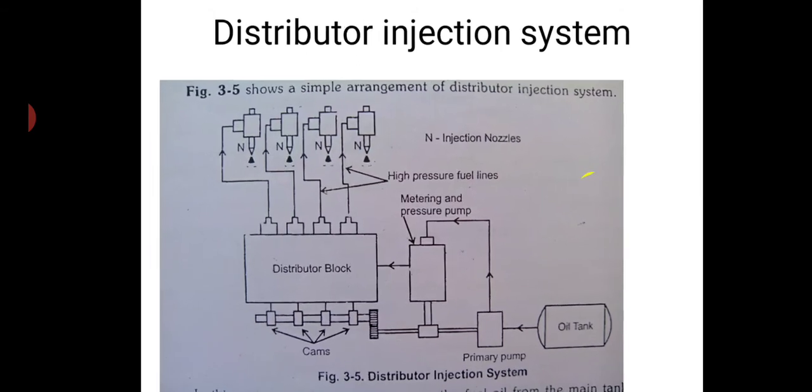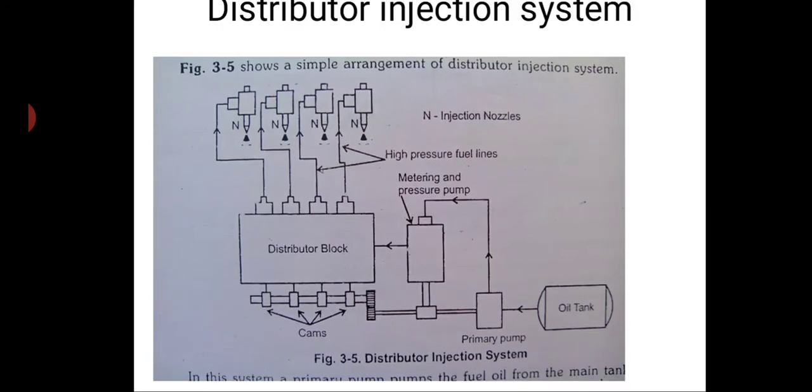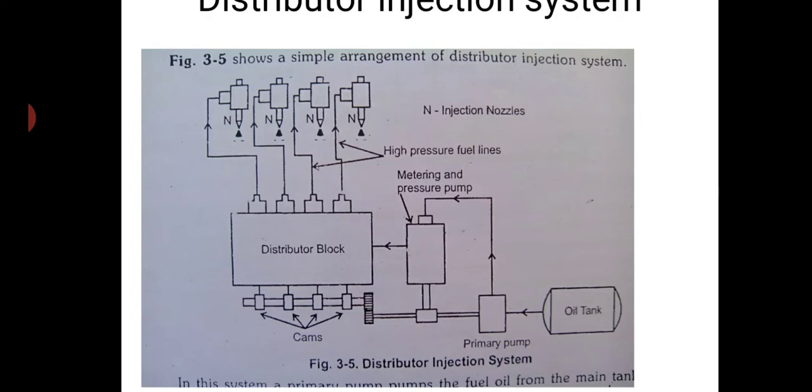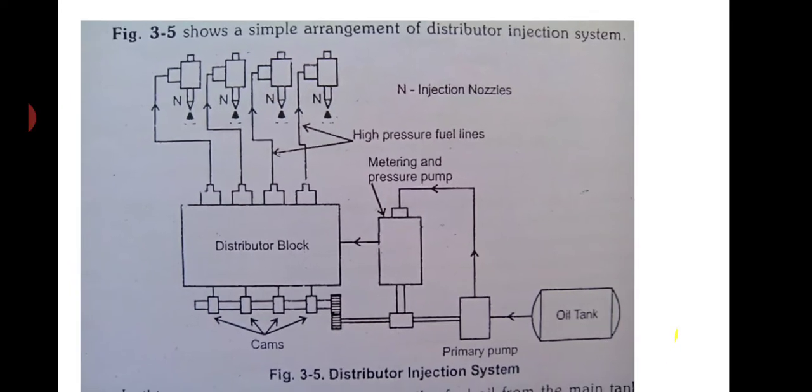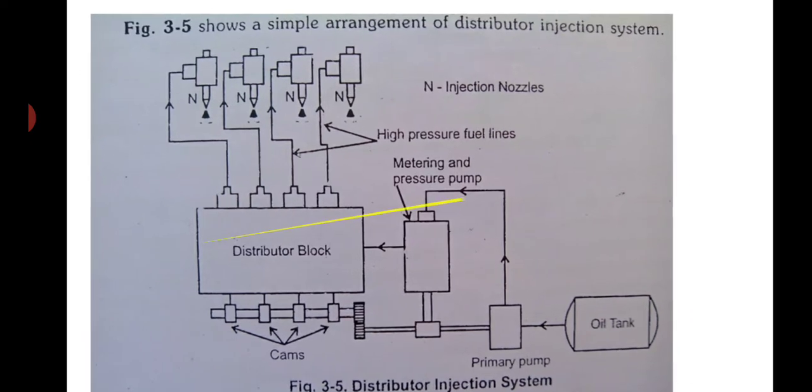Now we will see the distributor injection system. In the distributor system, to the bottom left you can see the oil tank. From the oil tank you have got a primary pump, and after the primary pump you have got a metering and pressure pump. So this is a high pressure pump. Whatever pressure is developed comes to the distributor block. Here you can see the cam drive, and from this distributor block